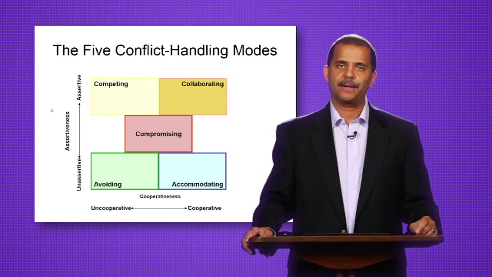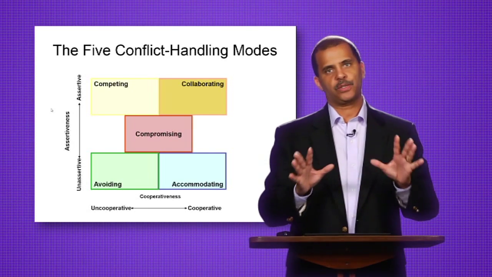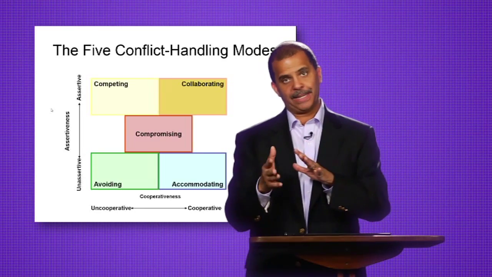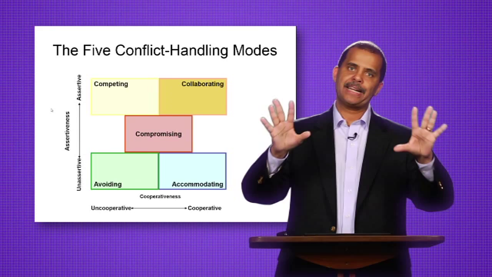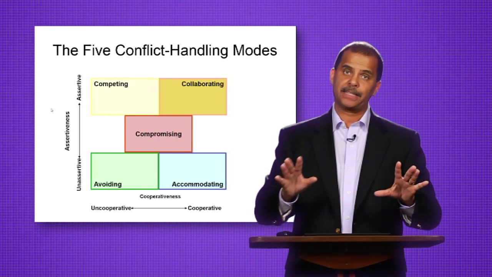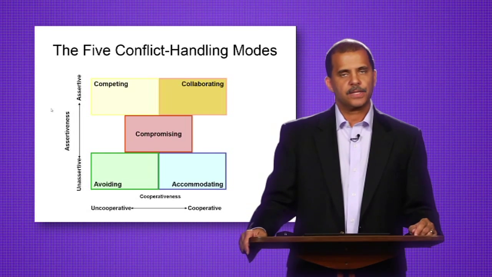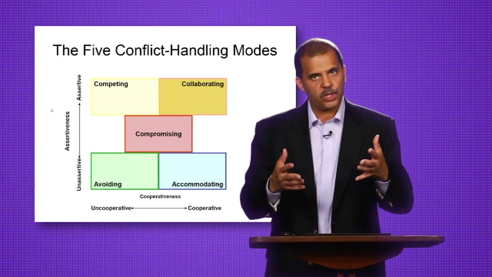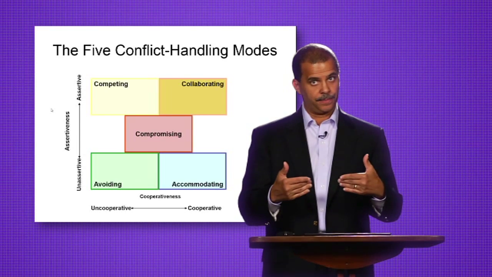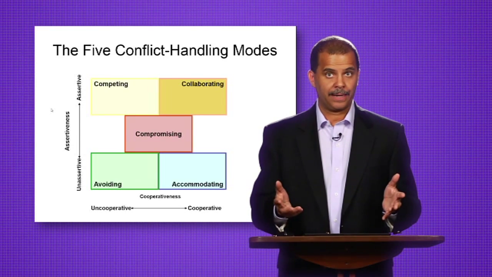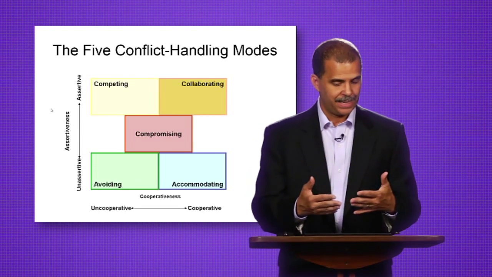Now, there's an instrument called the Thomas Kilmann Conflict Mode instrument, and it's a great tool, so I would encourage you, if you get the opportunity to take that tool, take that tool. What he does is he divides up ways of resolving conflict into 5 ways. Let's start with the first one, competing. So competing, what you do is try to force your will, if you will, upon the other party such that they yield. So that's not a bad way of doing it. If it's an urgent situation or emergent situation, you may have to compete.